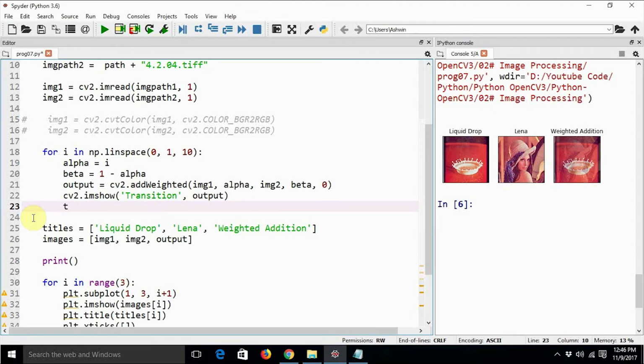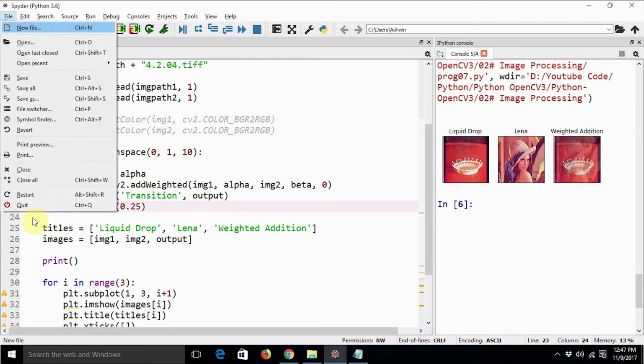We need to introduce the sleep function. Sleep stands for milliseconds, right? Is it milliseconds or seconds? Yeah, it's seconds. time.sleep pauses the execution of the entire flow of code for the seconds that we have mentioned. Let's say 0.25 is the appropriate value.